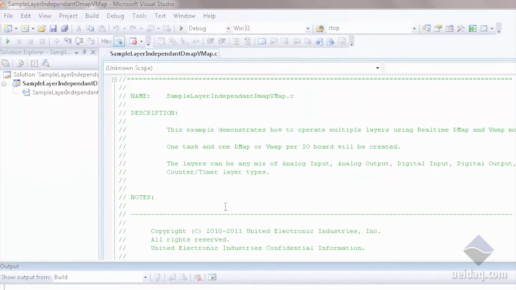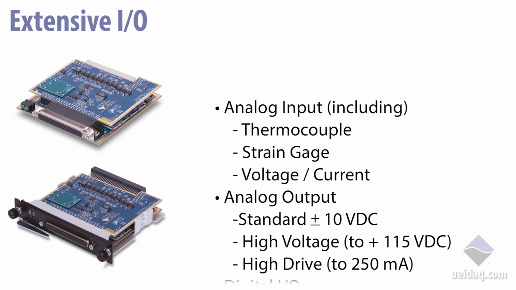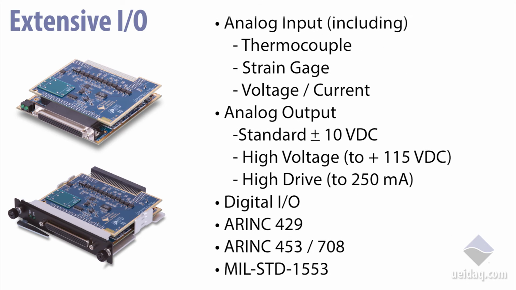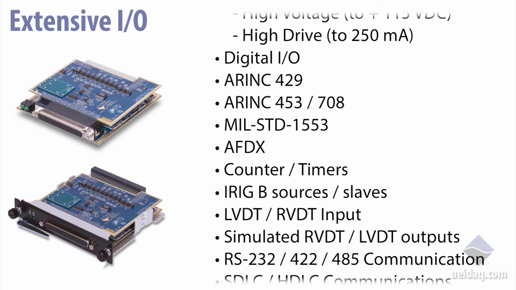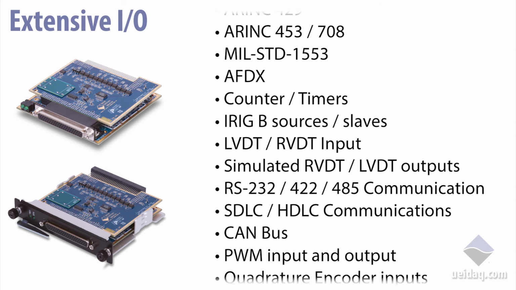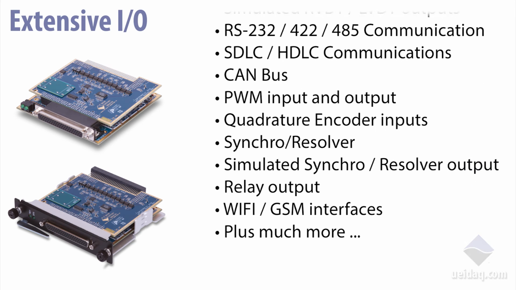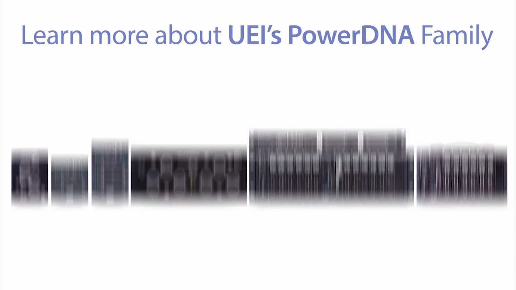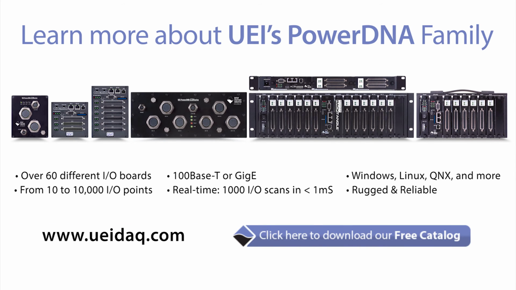So I'd just like to point out that this is accomplished not just with analog input and output boards and digital input-output boards, but with a mix of messaging layers, a CAN bus, for instance, a serial I/O card, or even the avionics layers, 429, 1553. We support a wide variety of data acquisition types and sensors, all of which can be made easy to use with the architecture of a UEI data